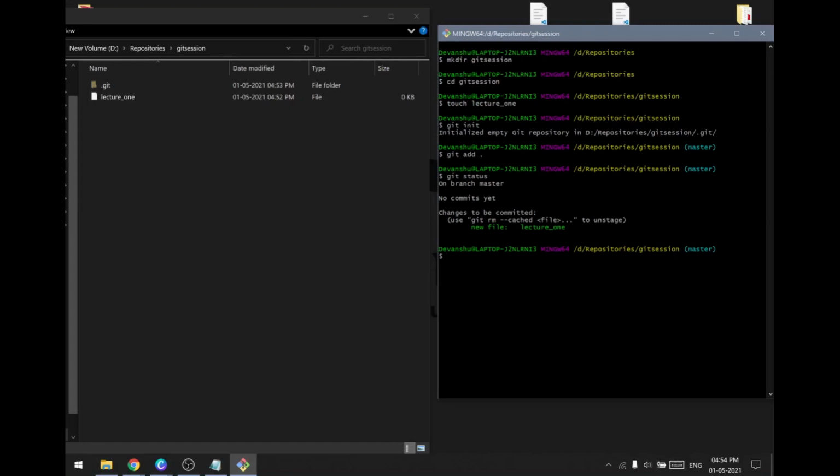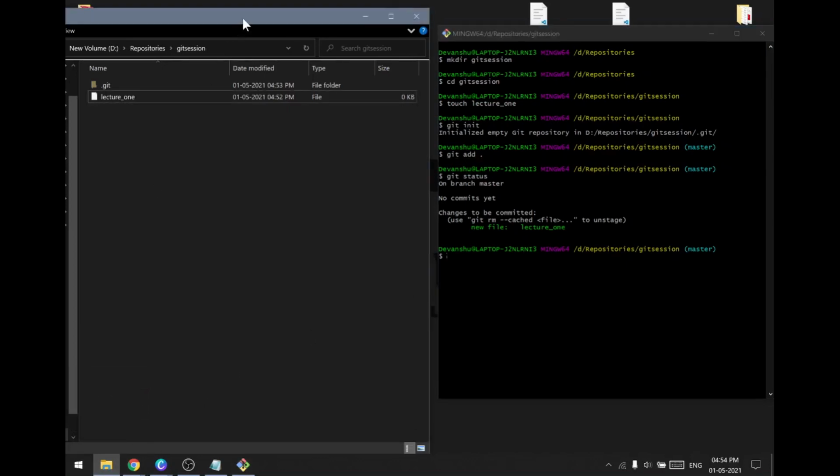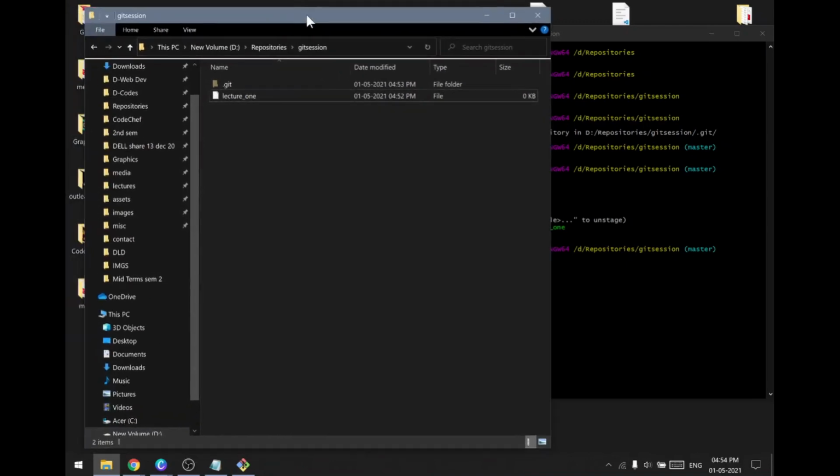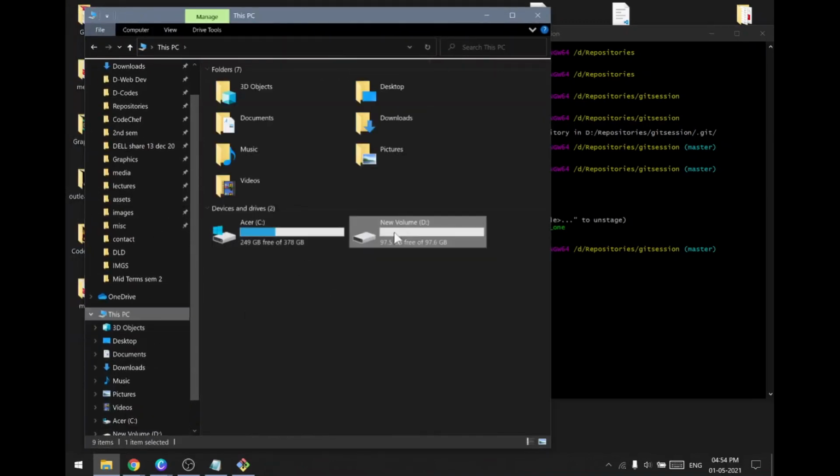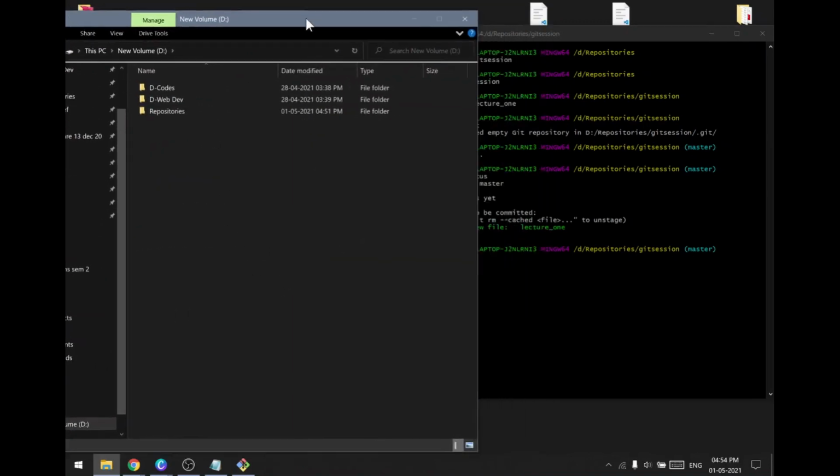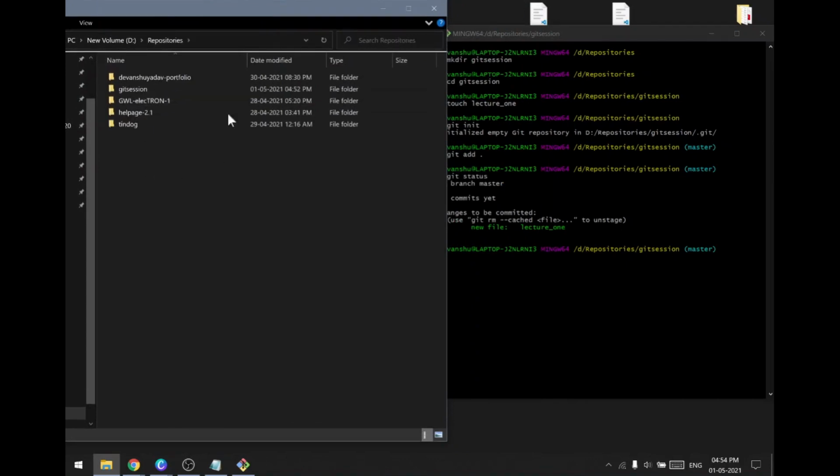I have once done that. So to check this location carefully, I would recommend that you have a separate drive for all your codes and repositories so that you can keep it separate from your main work.